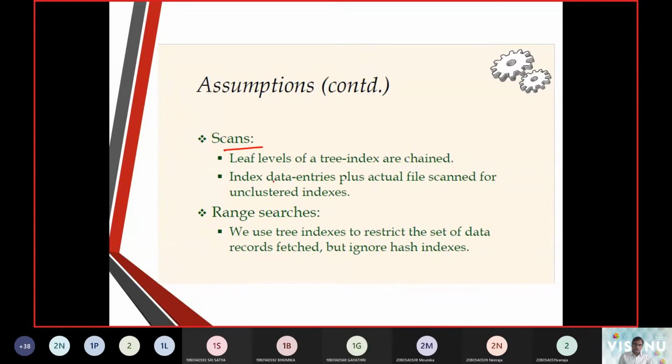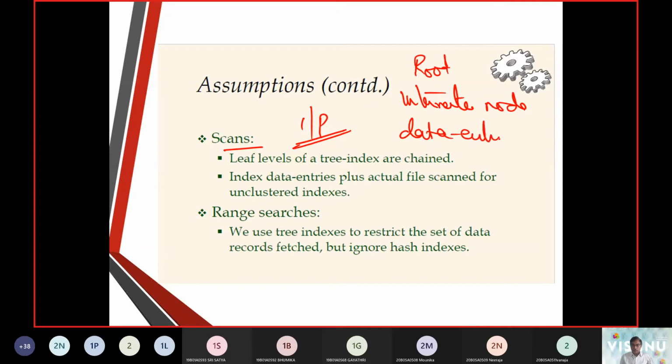Next comes the scan. We are scanning the tree with an input operation. So roots followed by intermediate nodes. Then we have the data entries.